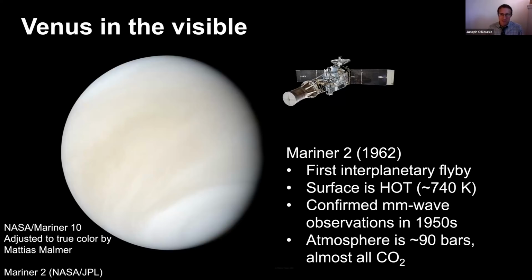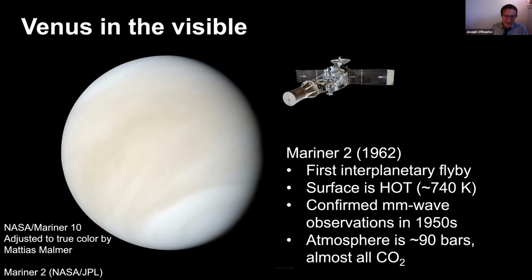And the first ever interplanetary spacecraft mission confirmed that our nearest neighbor is Earth-like in many respects, but not an Earth twin in the important respects. So Mariner 2 was the first successful interplanetary flyby. It flew by Venus in 1962, and it conducted microwave sounding to measure the surface temperature of Venus and found that it was hot, hot, hot. The surface temperature is 740 K, which is famously hot enough to melt lead.